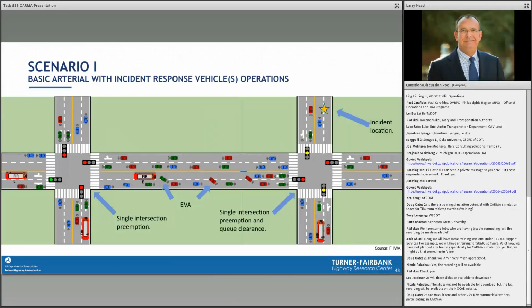So here's the basic scenario. We've got a group of signals along an arterial or along a route. Doesn't necessarily have to be along the arterial. The vehicles could be turning left, and they are requesting and being granted priority. They're notifying the automated vehicles that they're there and they need to get out of the way. They're alerting the non-automated vehicles that they should get out of the way. And so by doing this, it should make for a much smoother flow of the incident response vehicle as it